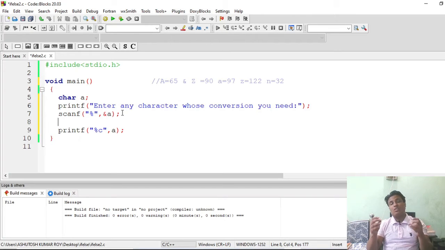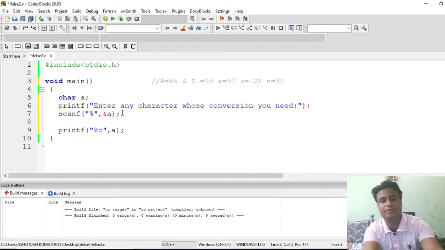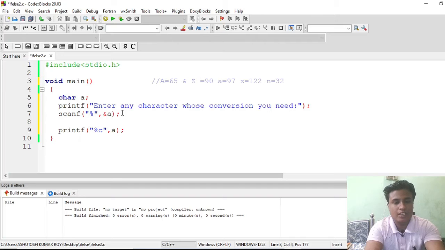And the last case, which could be optional, is if the user enters something out of range, like it is not between capital A to capital Z or small a to small z. Suppose he enters \n or \t, then this logic will not work. It will not add 32 to \n to make it \t. It's not like that. Okay, hope you're getting it, that's my third point here. So let me now write the logic. We are using if else.